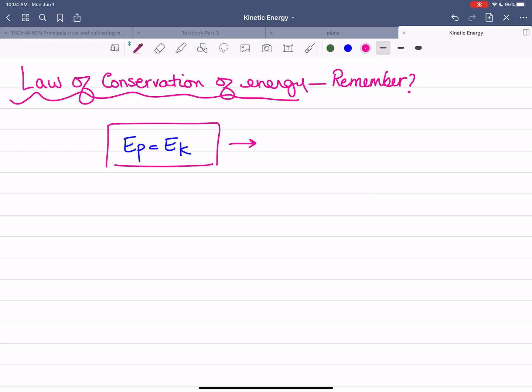And we can also expand it. EP, don't forget, is mgh: mass, the acceleration due to gravity, and the height, and then 1/2 mv squared. So those are the two formulas, right? Those two things are equivalent to one another. They're the same. And so if we have, let's say, an example, a cliff diver